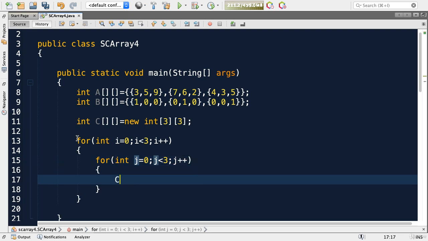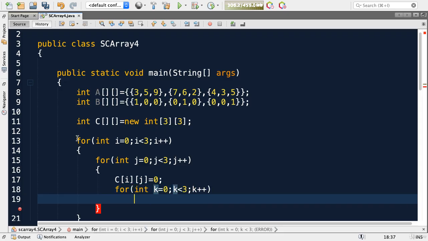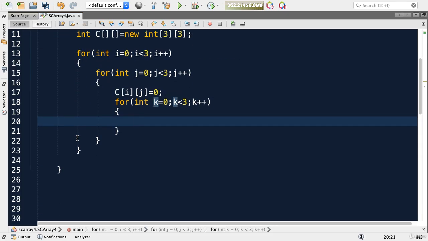Then inside this I will take initialize. I should initialize because I am going to add all the elements in C. Then here I should take a for loop for getting the element: integer k assign 0 and k is less than 3, k plus plus, right? Now inside this